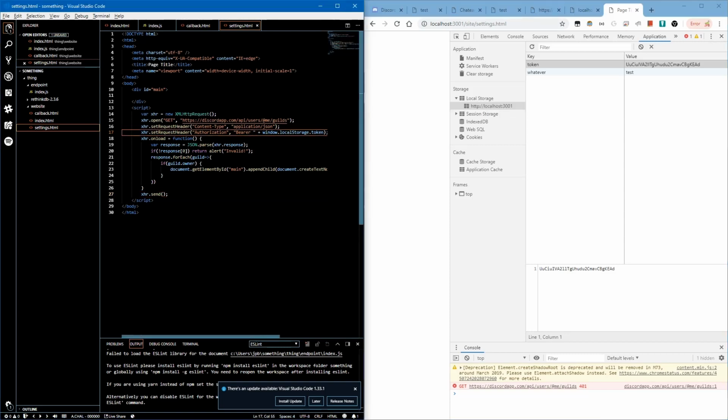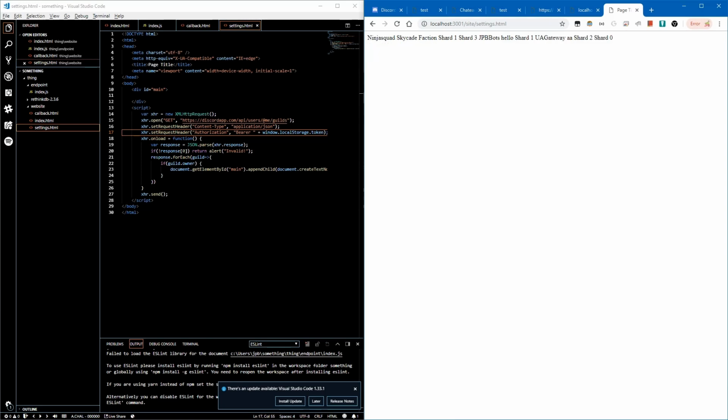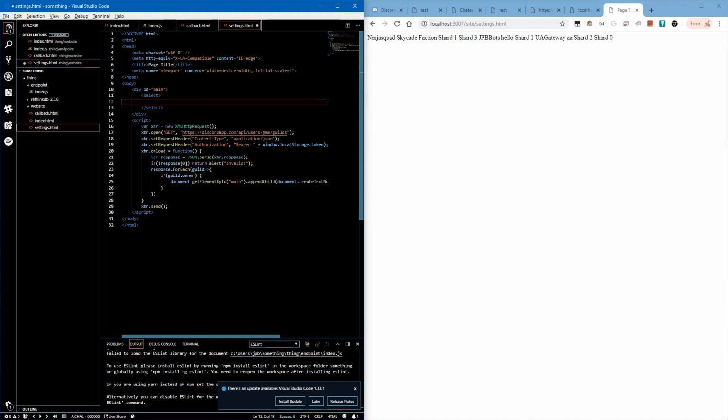Oh, I have to add a space between bearer and the token. So now, there we go. Now it will give us all of the things that I own, all the guilds that I own, which is really nice. So this can be used in a select menu, for example. Like here, we'll actually make it